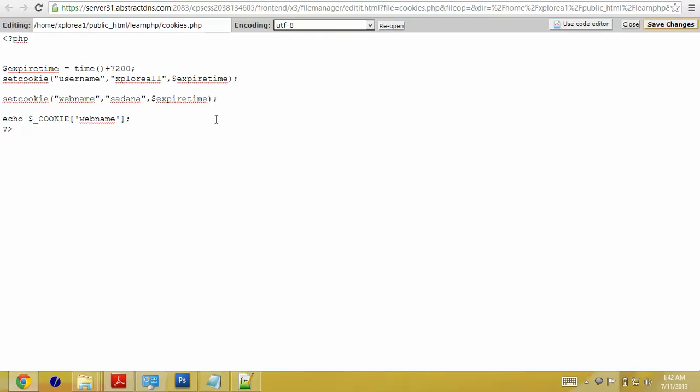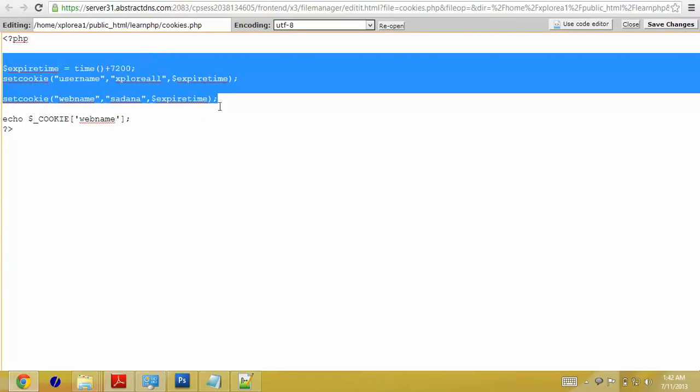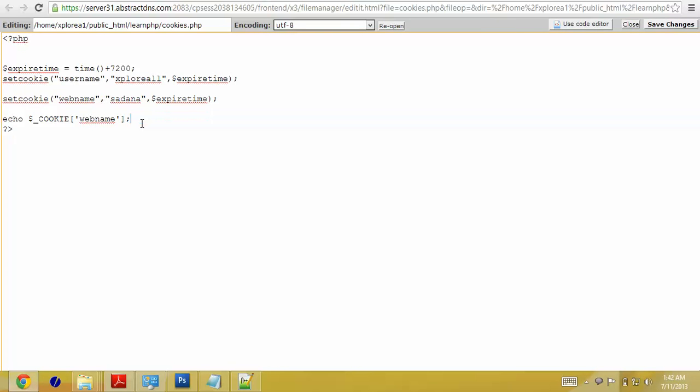And now suppose that I want to delete this, unset this cookie. So how to do that? You can just unset the cookies by writing something like this. In the same way, you can unset the cookie in the same way which you have created. I'll show you that. Set cookie. Suppose I want to delete the cookie username. Okay, username, and I'll be writing here username,